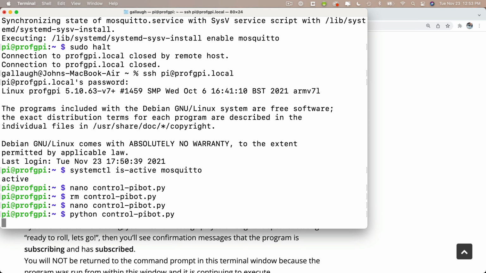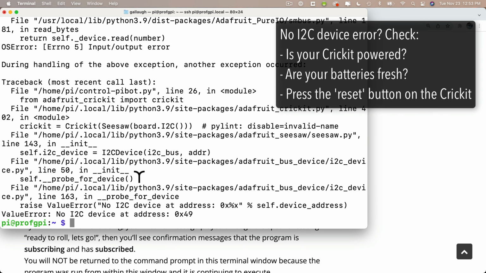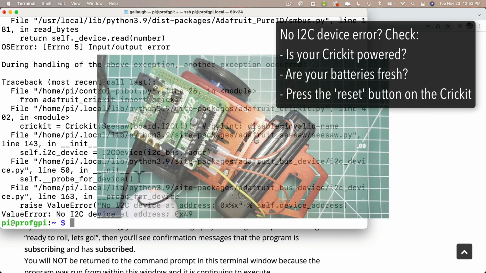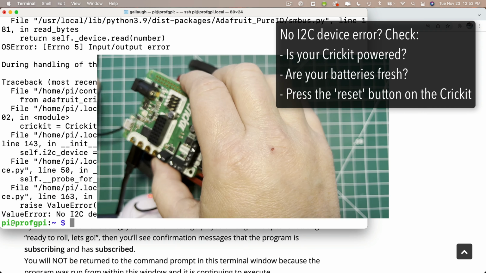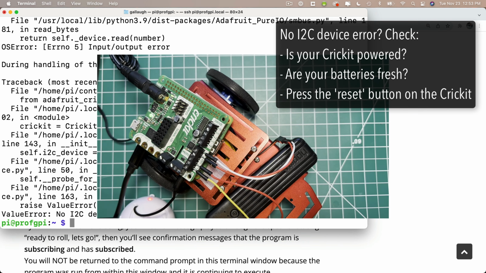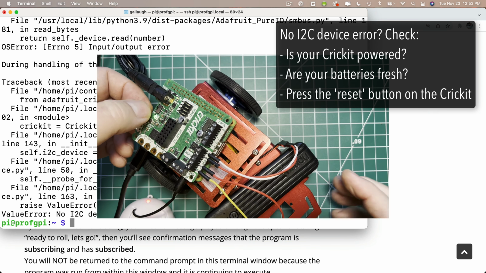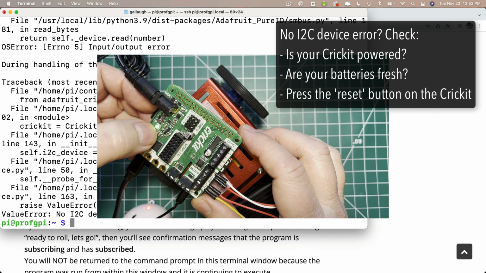There is a chance that you might see this error where it says no I2C device at a particular address. If that happens, one of two things need to be done. One is make sure that your batteries are charged and they're plugged into your Cricut hat and your Cricut hat is powered up. And if that doesn't work, then just tap the reset button that's on the Cricut and that should make things work. If you try to run this again,